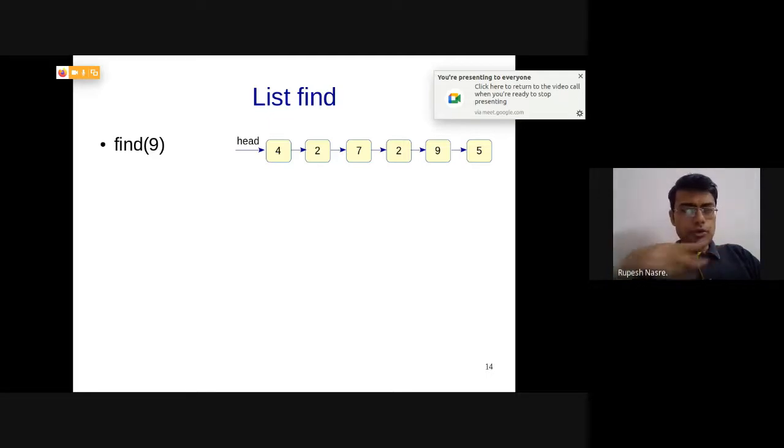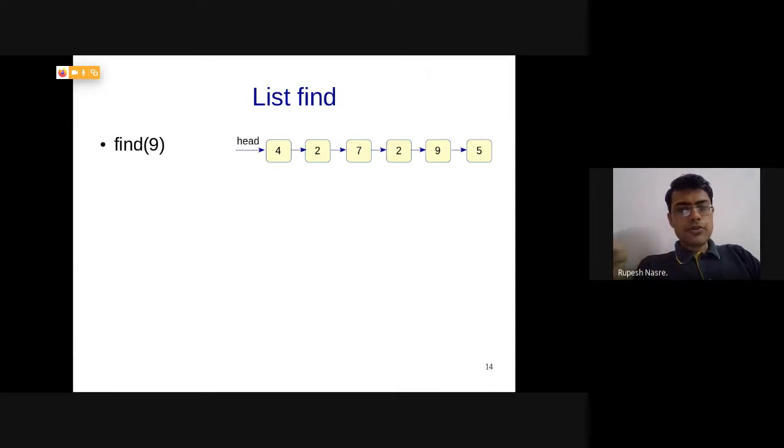You can use the same loop as we used for insert or print, and then within that, as you are at each node, we need to check the value inside each node, and that will give you the find function. You can assume that it returns let's say true or false, or 1 and 0, depending upon if you find it or not.